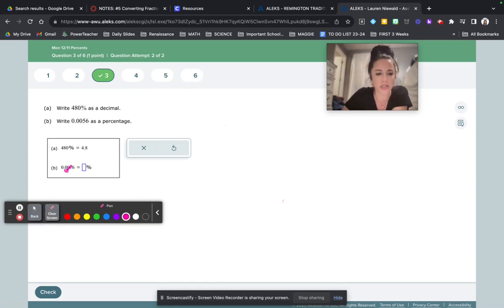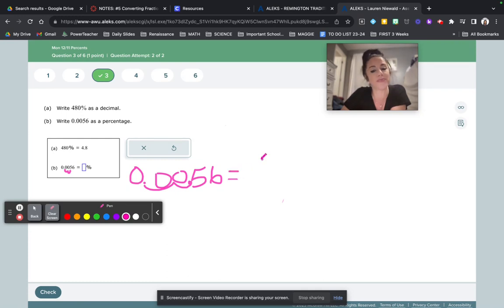So I'm going to move it twice to the right here. So it goes from this to this. 1, 2. It sits right there. So technically, it is 56 hundredths of a percent. Okay, so